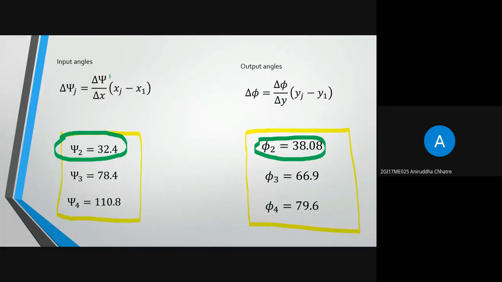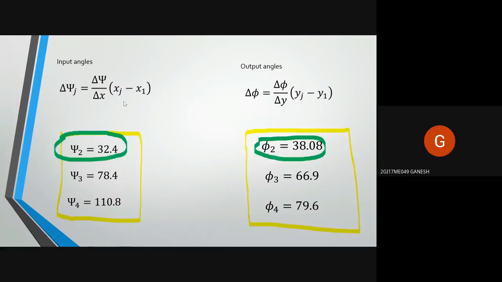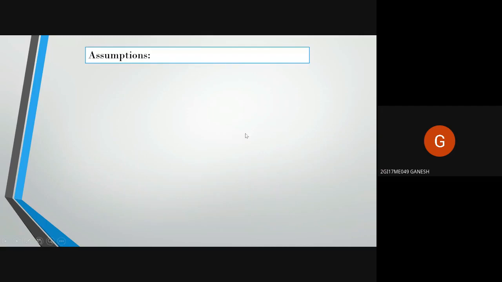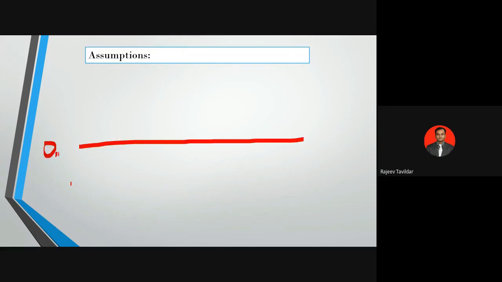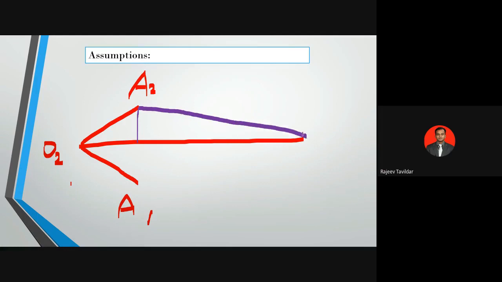Okay, let me show you here. Okay, I'll just draw this. Okay, what I have drawn here in the software. So I've got this O2. Okay, I have marked this A2 over here. I have marked A1 over here. Okay, so what I will do is just for the construction purpose, let me use another line for the construction. So I'll just draw this line and I'll assume that this is the line which we require.